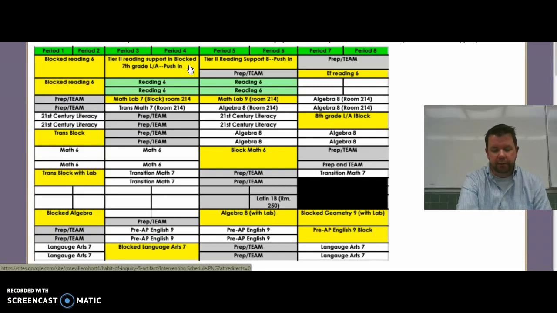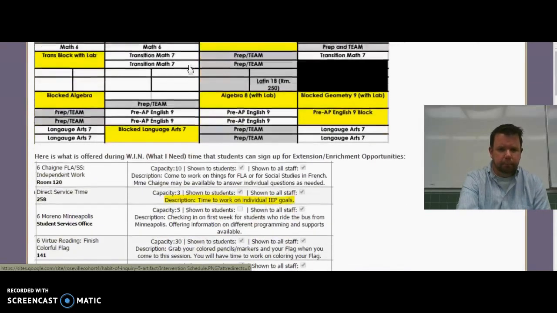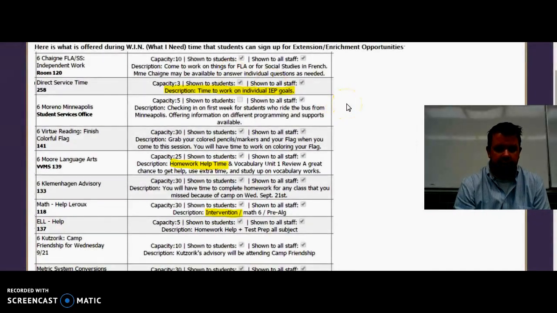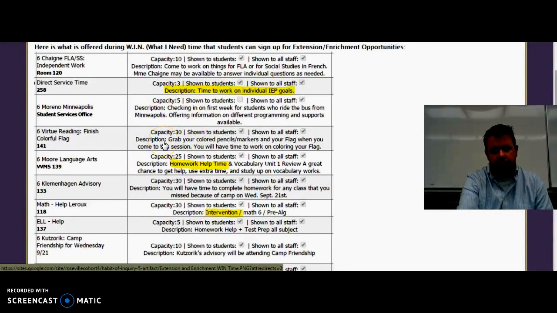So as a building leader, we need to see if there's the allocations available, and then as a PLC, determine if and when those students need to take advantage of those tier 2 supports. Another option for students and teachers is this flex scheduler program. So during what we call advisory or homeroom time, this is what we referred to earlier as our WIN time, what I need,